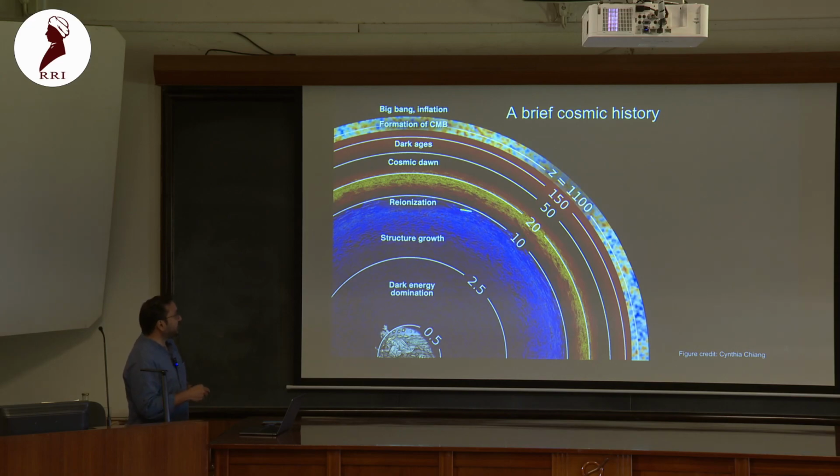So there are lots of interesting epochs in between, starting off with formation of very first stars, which is what we call cosmic dawn here. And basically the ionizing radiation from them ionizing the intergalactic medium, which is epoch of reionization. And then finally we have structure growth, and finally leading to expansion of the universe at a very accelerated pace. So I don't have time to cover all of these. So today I will mostly be focusing on this epoch right here, which is the boundary from formation of first stars to the radiation from them ionizing the universe.